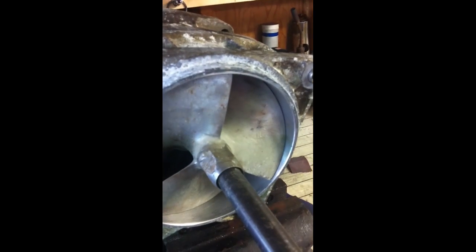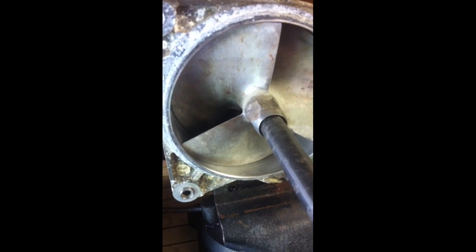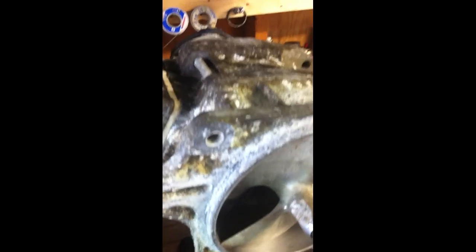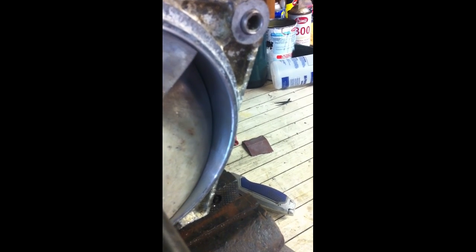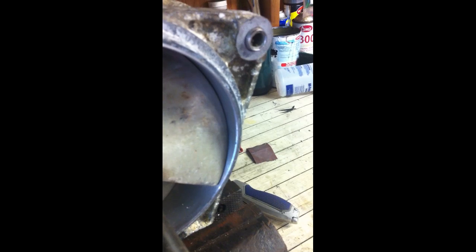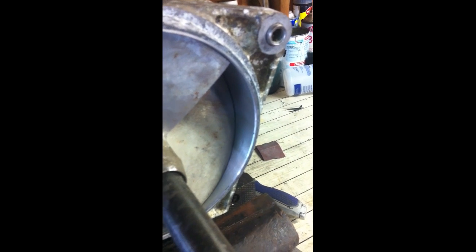So I've went ahead and reassembled the impeller and impeller housing here, and you can see the clearance on this impeller is very small. 30 thousandths is what's recommended. Any more than that, you start to get a lot of cavitation, and your pump really loses